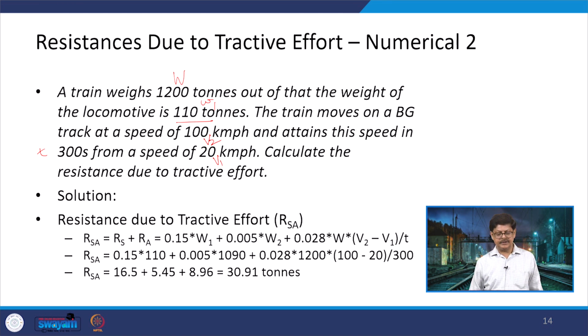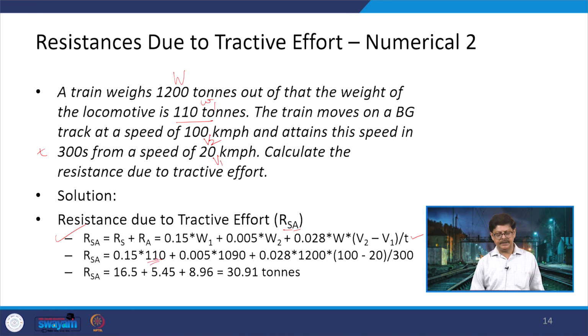So, resistance due to tractive effort is a combination of starting and acceleration. On the basis of that, this is the equation which comes out to be 0.15 into W1 plus 0.005 into W2 plus 0.028 into W into (V2 minus V1) divided by T, and all of this information is available to us. So, when we put this information here, then what we get is,